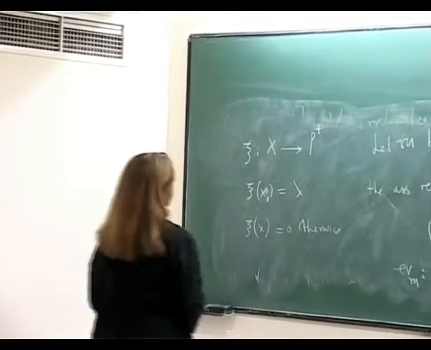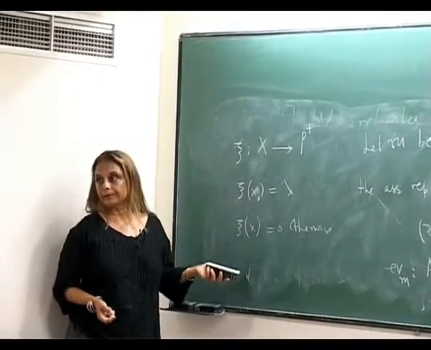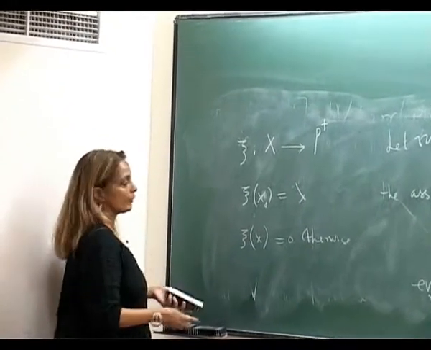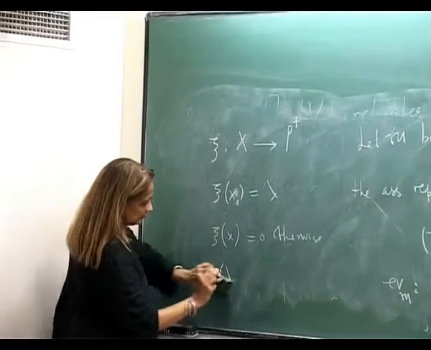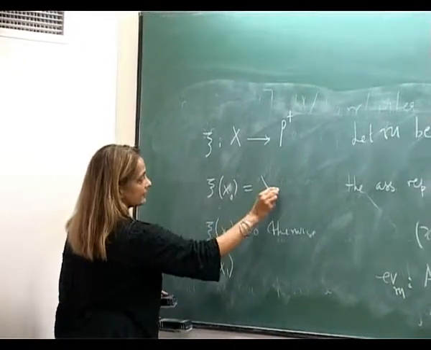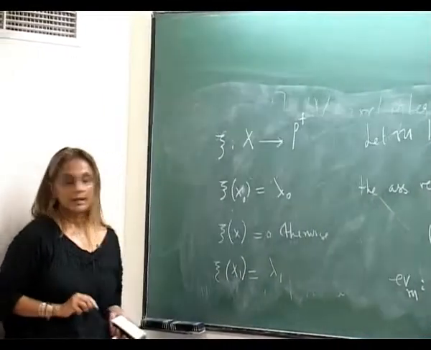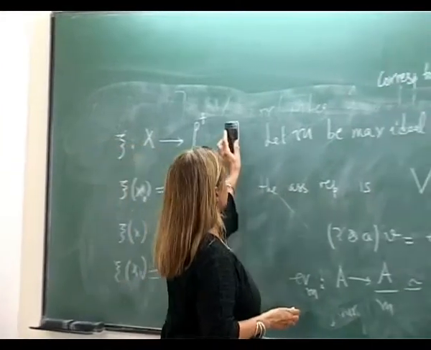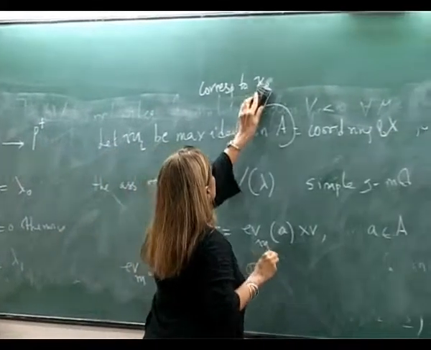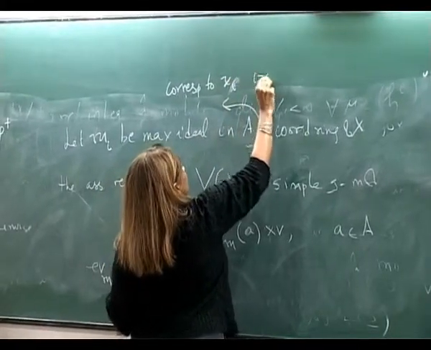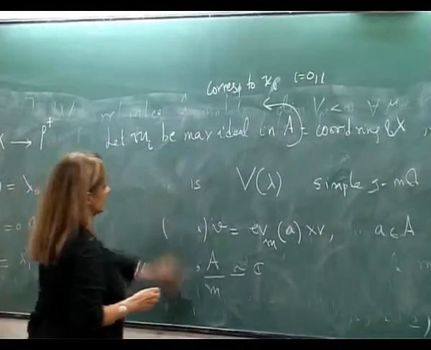Okay, so this is the simplest example, when my function is supported at one point. Supposing my function was supported at 2 points. So now let's suppose I have psi x0 equal to lambda 0 and psi x1 equal to lambda 1. And we'll call the maximal ideals, let mi be the maximal ideals in A corresponding to xi, i equal to 0, 1. Okay? Then the associated representation